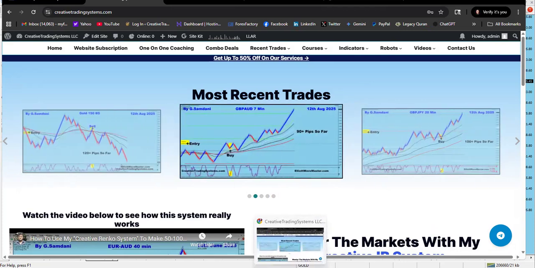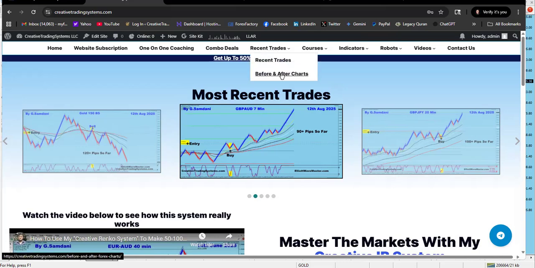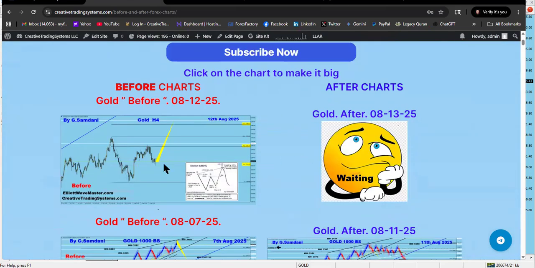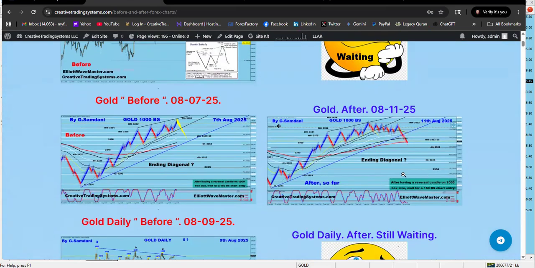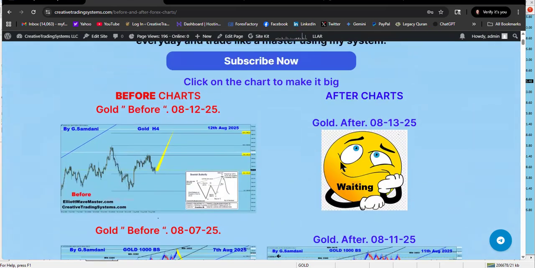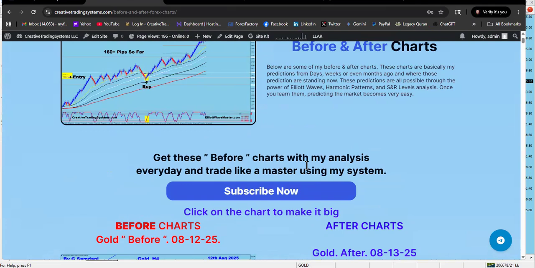For example, if you go on my website here and see the before and after charts, recently I think I have posted, I don't know. This is gold. See, this is a diagonal. No, I haven't posted that yet, but there were very nice USD yen, euro yen, and pound yen. I made the chart before, supposed to be going to the upside, and they all went very nicely. I have this trade, USD yen to the upside, pound yen to the upside. Beautiful trades today, right? I made the video already. You can watch that video before this video.